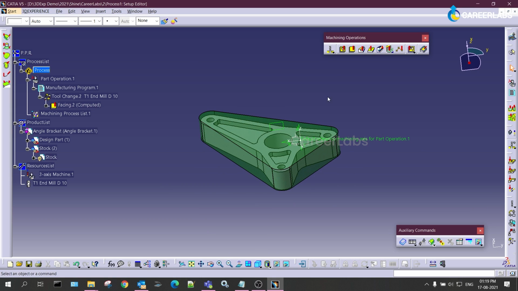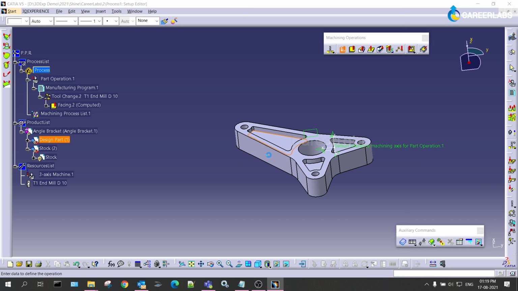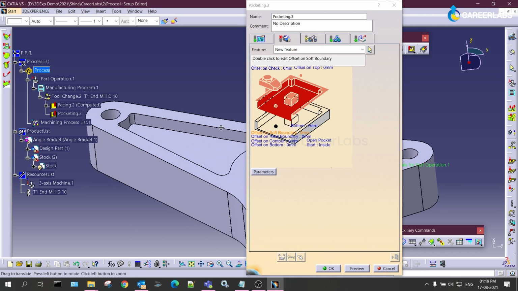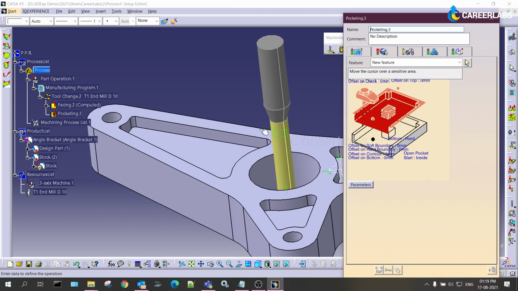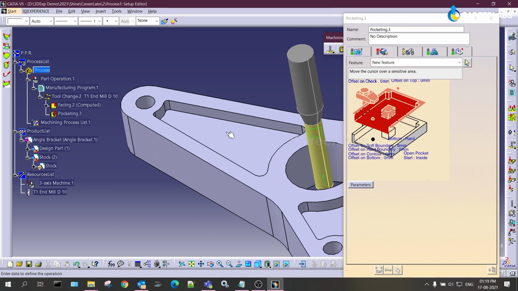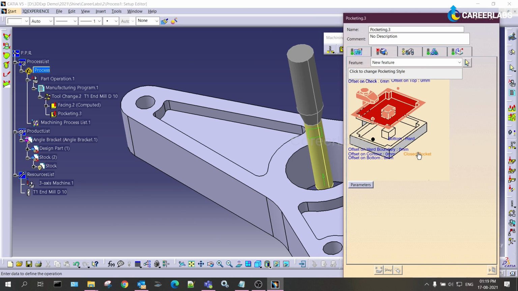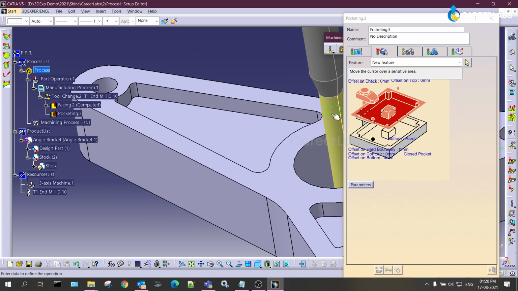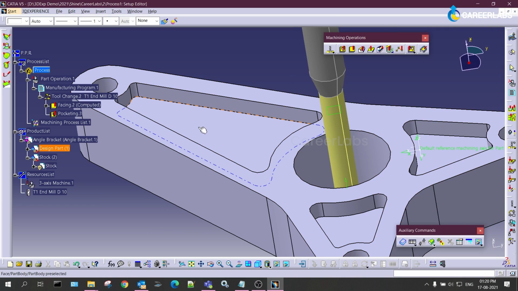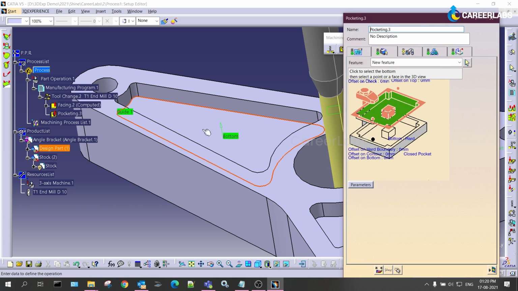Then coming to the pocketing. I am going to select the surface of the pocket, then let it be the closed pocket. I am selecting the bottom surface.